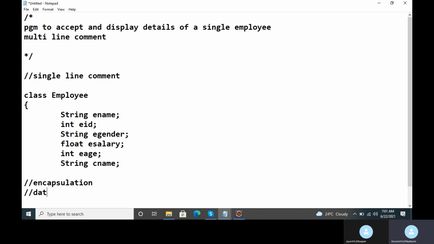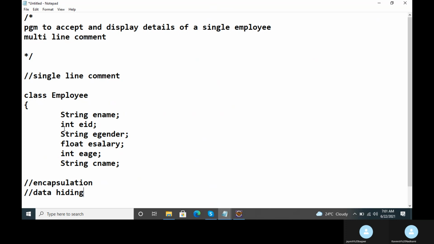There is another word for encapsulation, data hiding, Jayesh. So data hiding means what? That whatever data members you have declared for that class, they must not be accessible from outside the class. That is, they must not be accessible by member functions of other classes. Got it now? They must not be directly accessible, I said, not directly accessible.